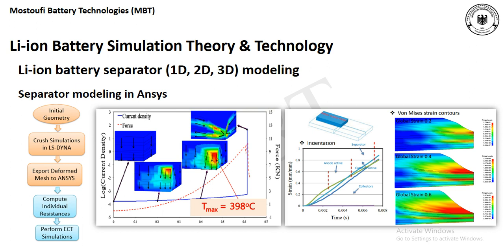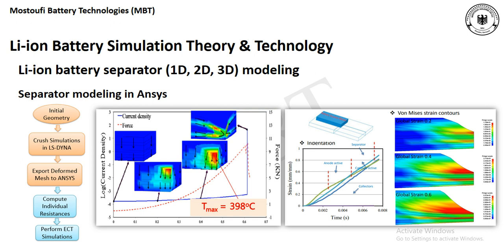As you can see on the right side, we have different strain rates for different components of the battery, like anode active material, collectors, cathode active material, and the separator. But the important thing is that the separator has the highest value of strain rate compared to other components. So the most important component for a battery to be analyzed in terms of a structural analysis is the separator, because it's the most prone component to go under a failure condition or result in a thermal runaway of the